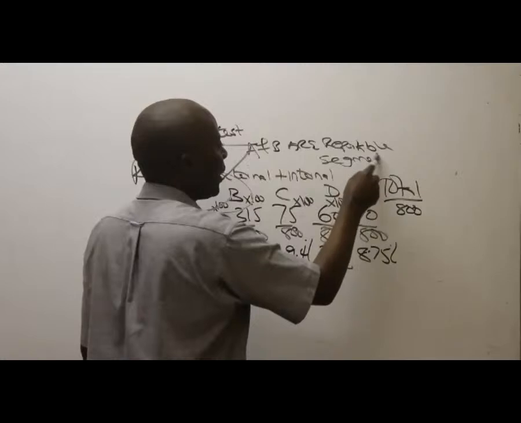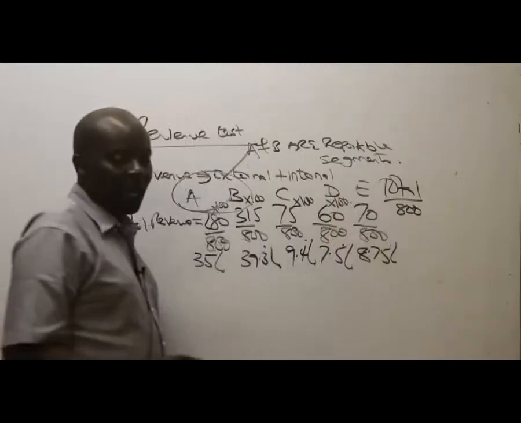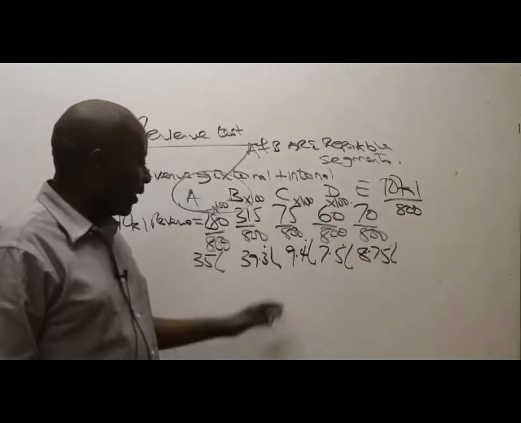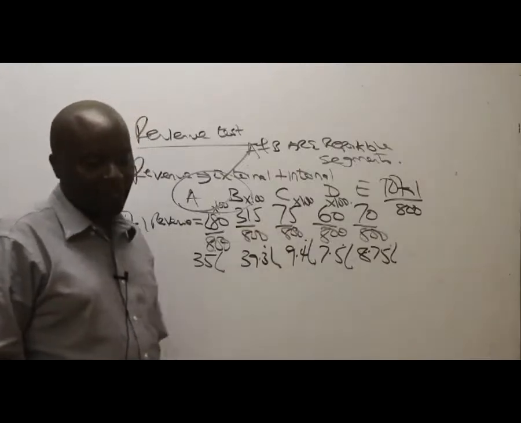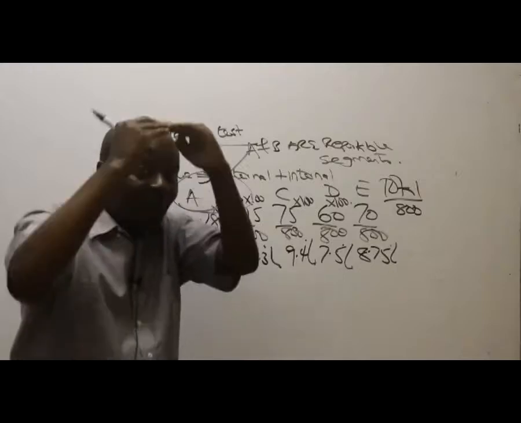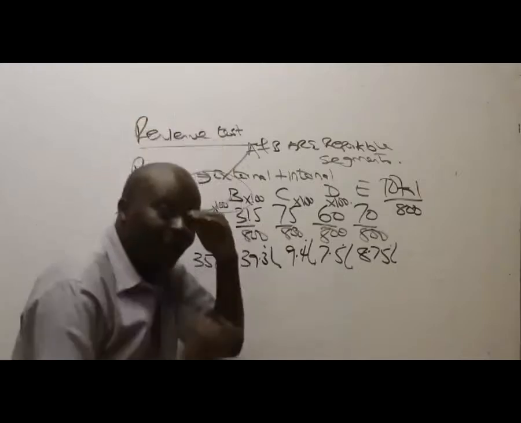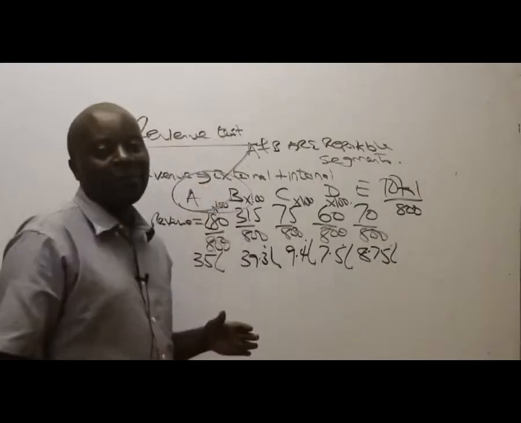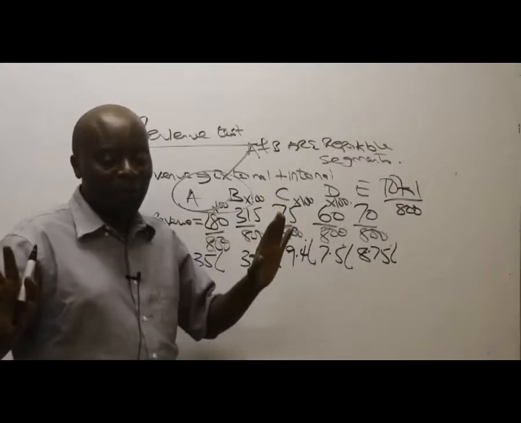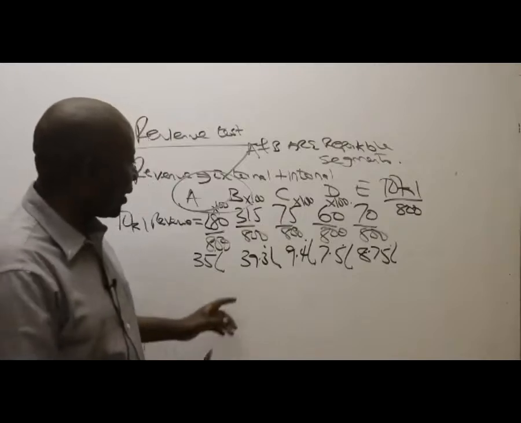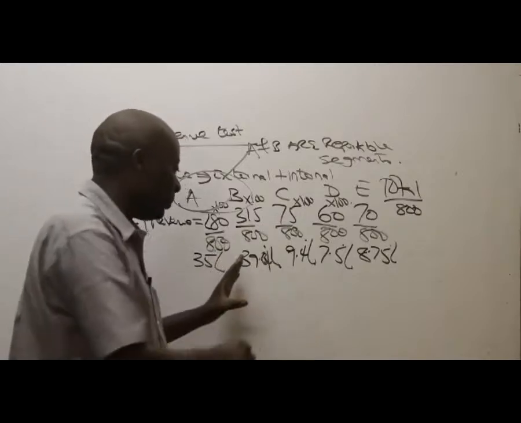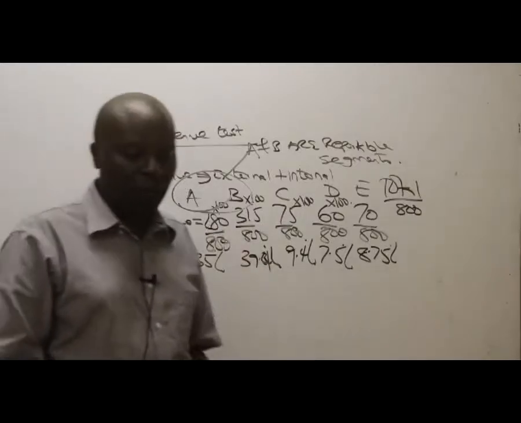So A and B are reportable segments. The others are not reportable because they are less than 10%. They said you must pass the 10% hurdle, or else you fall below, like dwarfs. So not reportable. B is 39.4. Thank you very much for that correction. I'm being told B is 39.4, a rounding off error. Thank you very much for that.